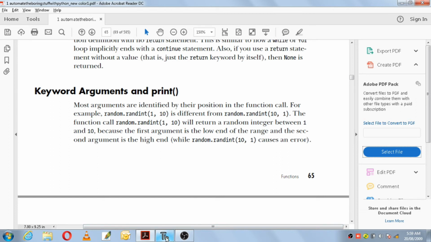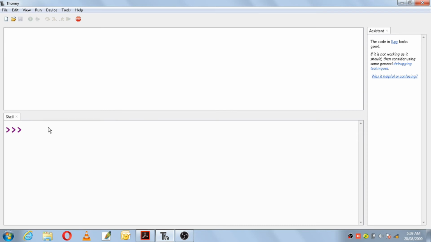So let's try that. Before making use of the randint function, let us import its module. Import random, enter. random.randint(1, 10). Okay, enter. It has given 4.